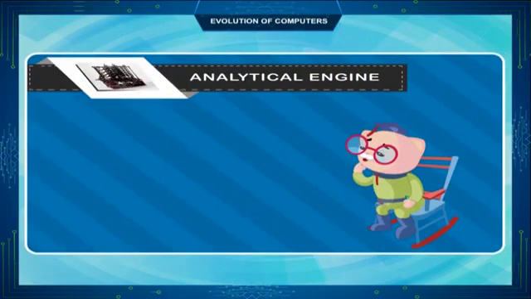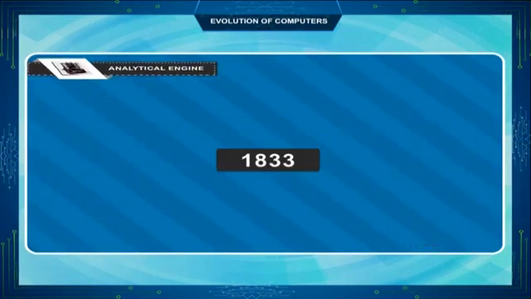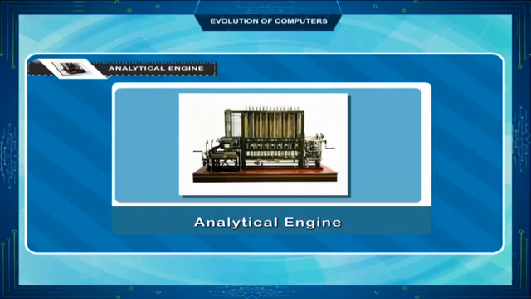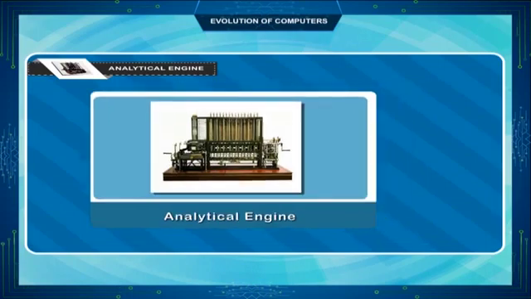Analytical engine. In the year 1833, a scientist from England known as Charles Babbage proposed the idea of a mechanical general-purpose computer. This device was called the analytical engine and it is widely accepted as the first design of a mechanical computer. It includes many features which are used in today's computer language. This was more useful and versatile than the difference engine made by Babbage.